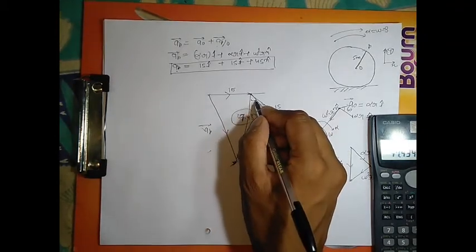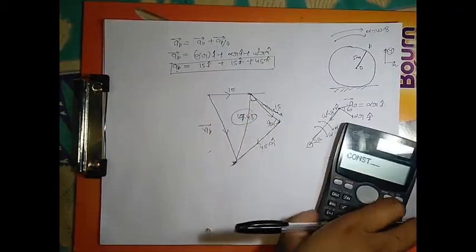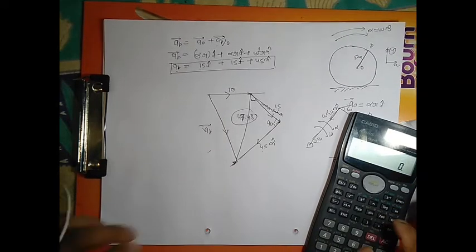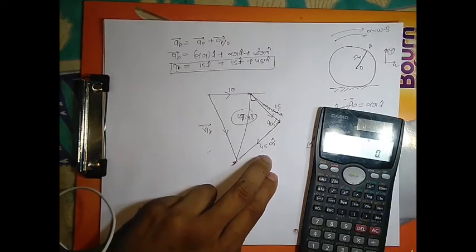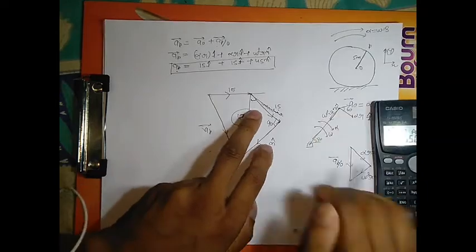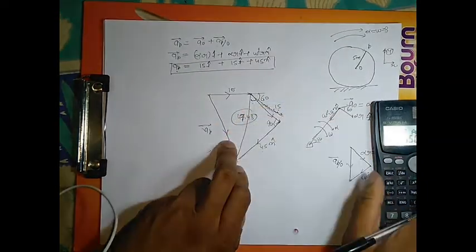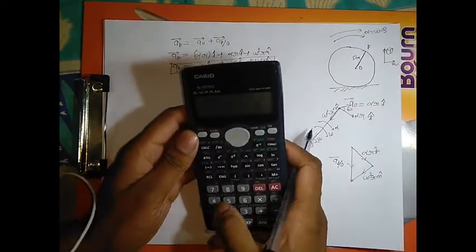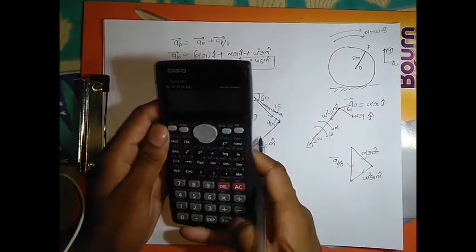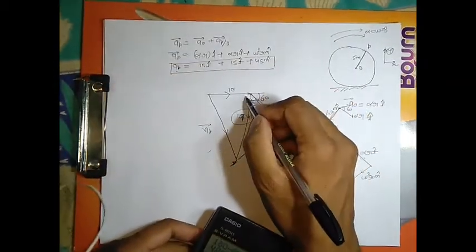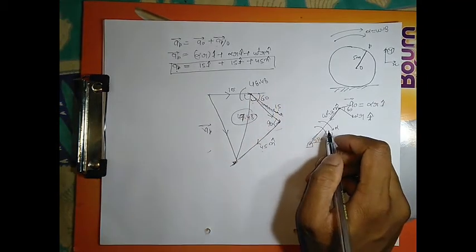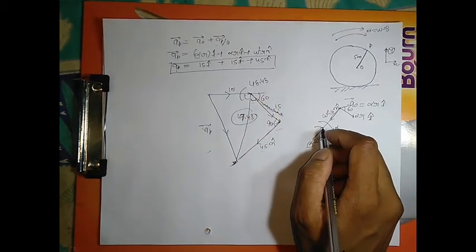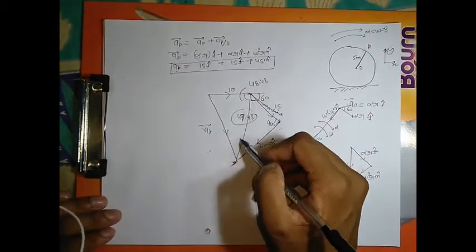Okay, now you can find this angle also. How can you find this angle? Tan theta is equal to perpendicular upon base, so 45 divided by 15, tan inverse of the answer. This is the 71 degree, and you know that this is the 60 degree. So 180 minus the answer minus 60 degree, you will get this angle. This angle is 48.43. Now you know this length, and you know one angle.